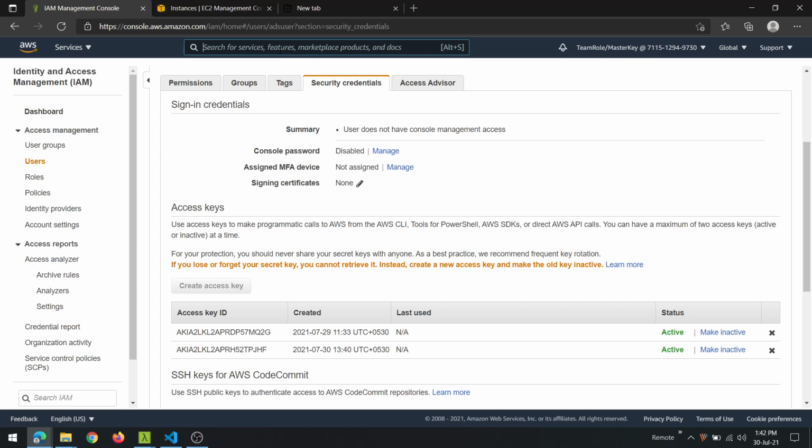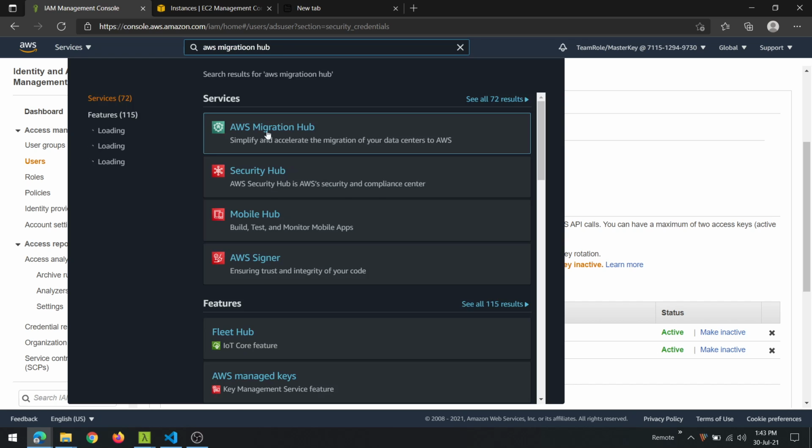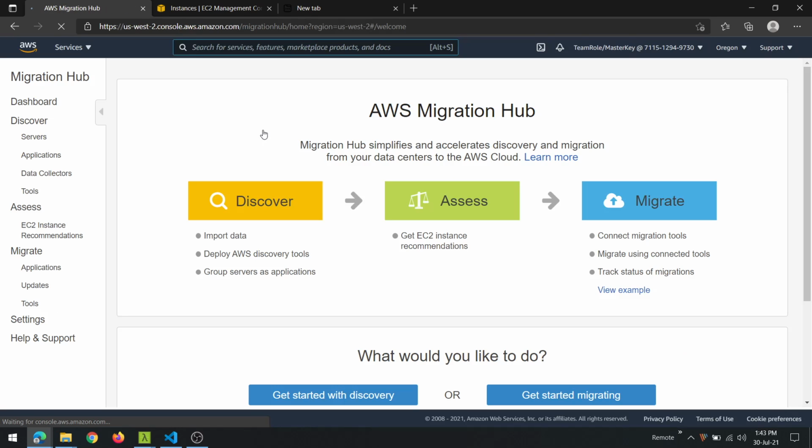One more thing we will do is to go to AWS Migration Hub and enable Athena integration for the AWS Migration Hub, which is an optional feature, but it's a powerful tool in your hands if you have huge amounts of data that is discovered and you want to use a serverless option like Athena to be able to do ad hoc queries against that discovered data and drive some insights or use that to help plan your migrations.